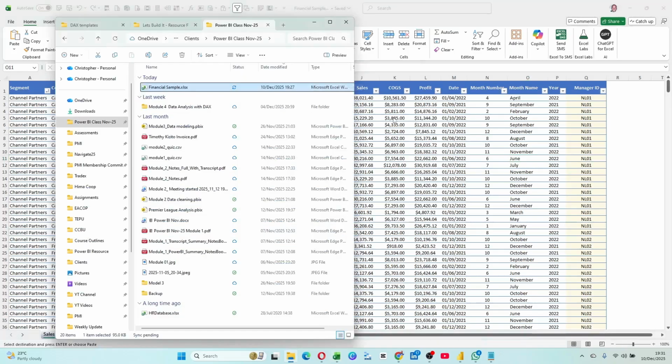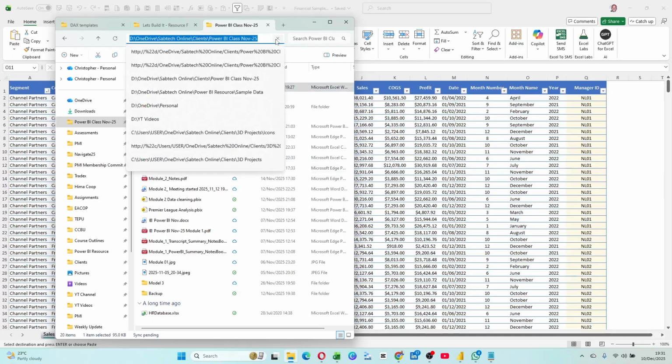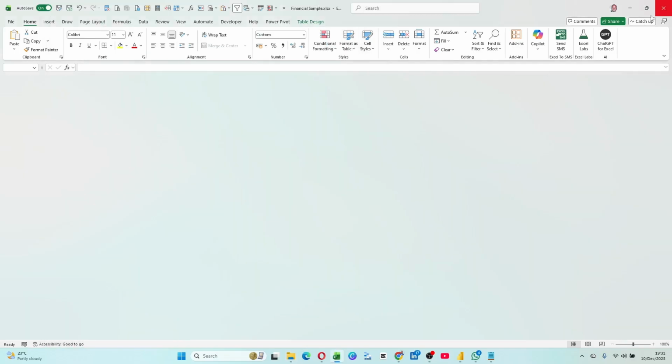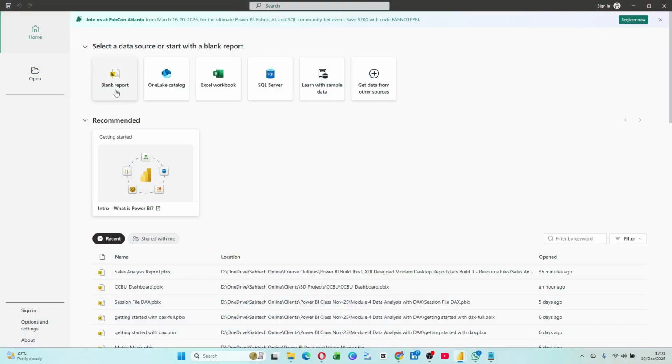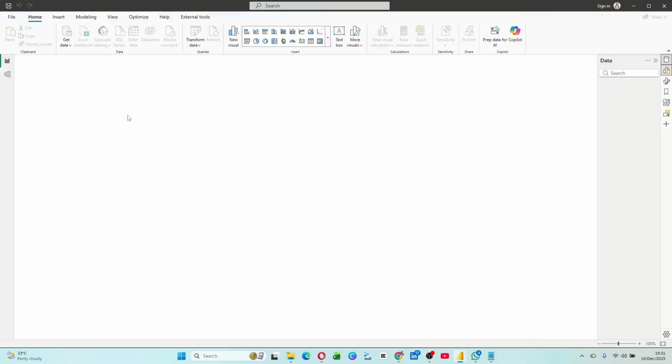Colleagues, when you're loading this file, it has to close. So I can copy the directory where it is, then I close it here, then go ahead and open a new blank sheet, this, then